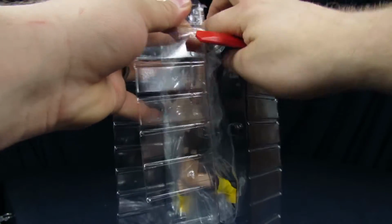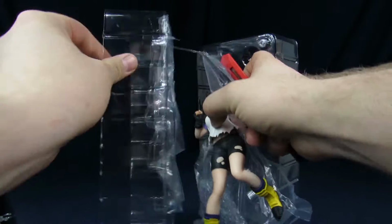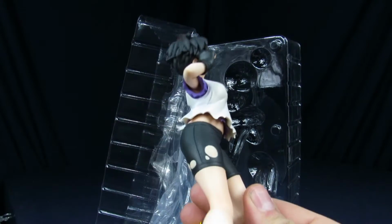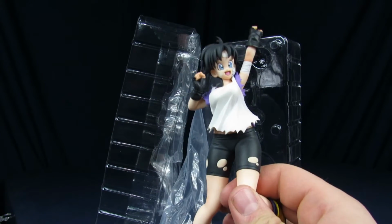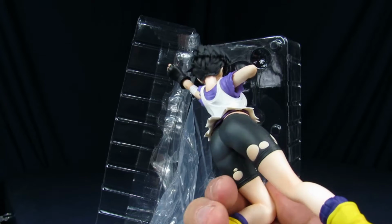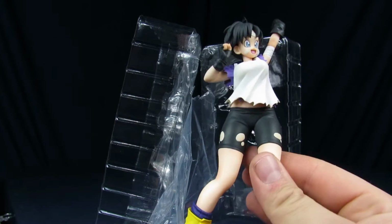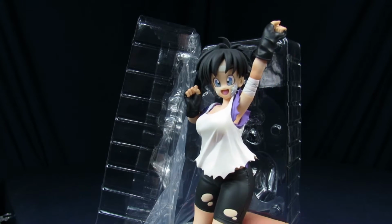Anyways. Popping this bagger. Oh, I just realized she's not actually hooked to that stand. There we go. You know, I didn't think she was going to be, at least looking at it from the front, she didn't look that curvy to me. She's not. Just her thighs are kind of thick. Oh, yeah. Well, she's got a chest, too, and everything. Like, no Android 18, you know, but...